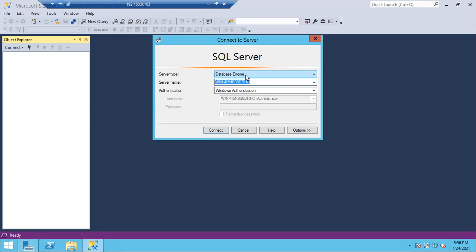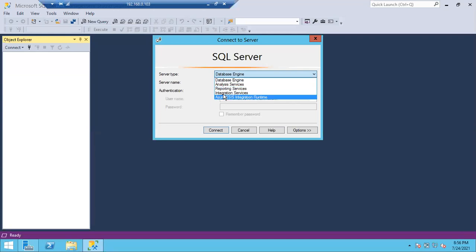Earlier, if you remember, we discussed the components of SQL Server. Can anyone tell me what the components of SQL Server are? Very good. Analysis Services, Integration Services, Reporting Services. If you select here, it will ask which service you are going to connect to. Are you going to connect to Analysis Services, Reporting Services, or Integration Services? Or this new feature, Azure-SSIS Integration Services?